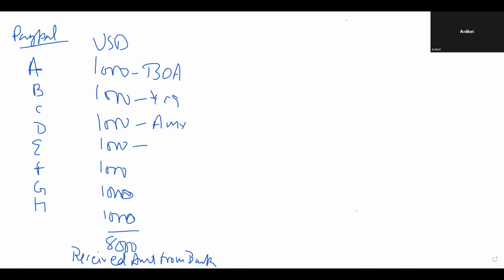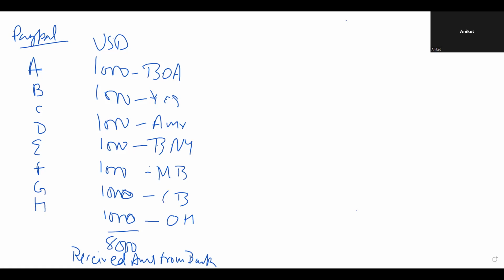He's a customer of, let's say, what other banks we have in US? Bank of New York, BNY. This is, let's say, Michigan Bank. This is, let's say, California Bank. This is, let's say, Ohio Bank. So these are like banks, and we got this $8,000 from the respective banks, right?